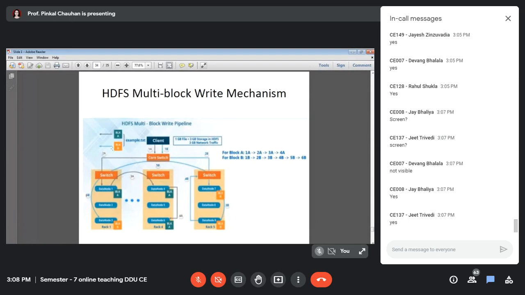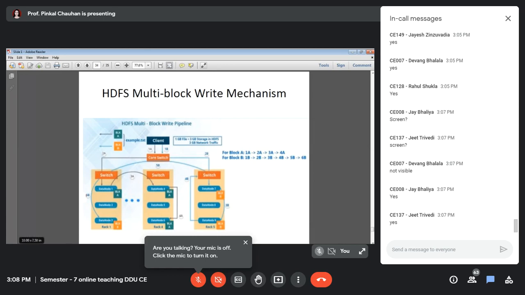Great. So here you can see there are multiple blocks, block A and block B, which I want to copy on the Hadoop cluster. As I said, for each block, the sequence is followed: pipeline setup, writing, and what is the third one? Acknowledgement. That is done in sequence, but for each block, this is done in parallel.